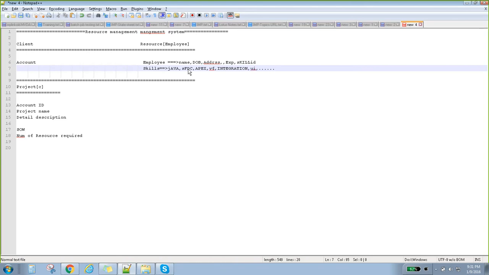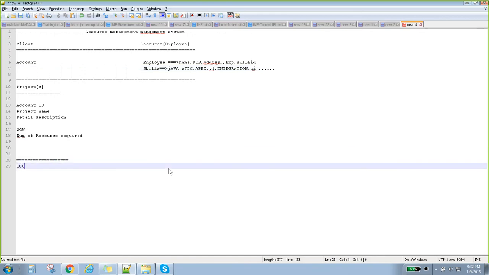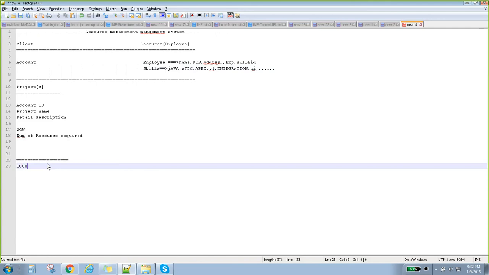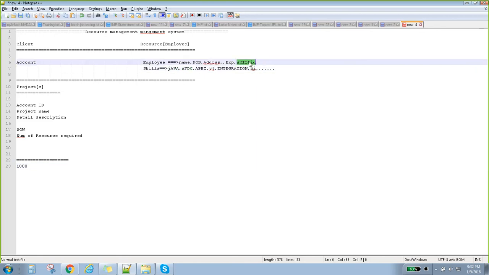Assume there are 1,000 employees. If you store Java for each employee, it is 1,000 times 4 letters, so that much byte data is going to be stored in the employee. Instead of writing everything in this particular place, you can directly refer to the skill ID here.